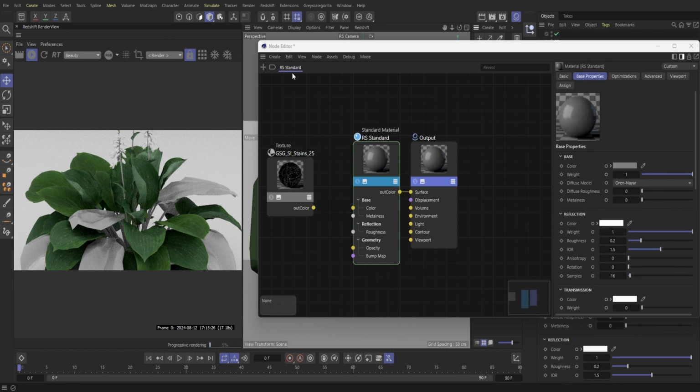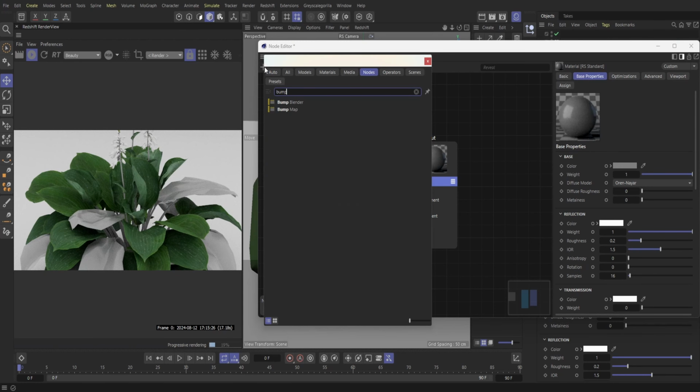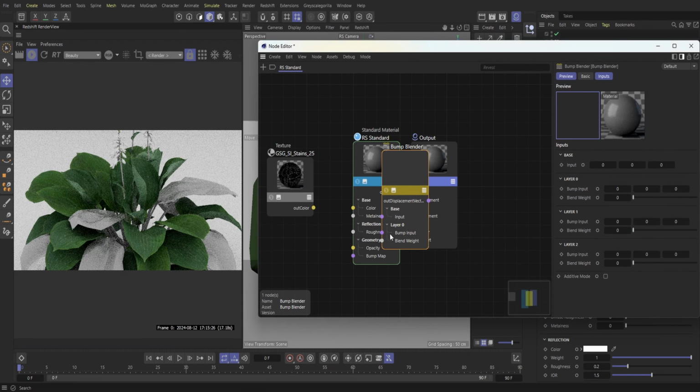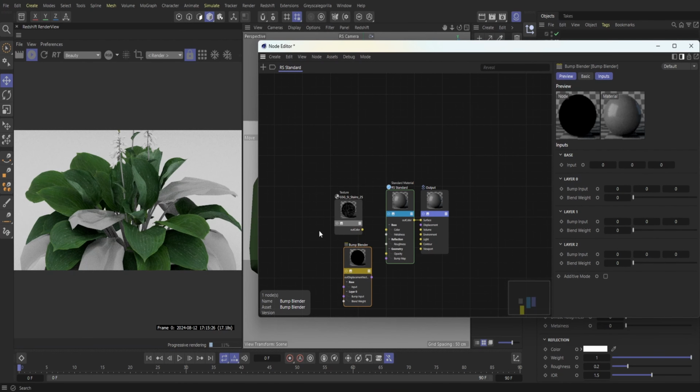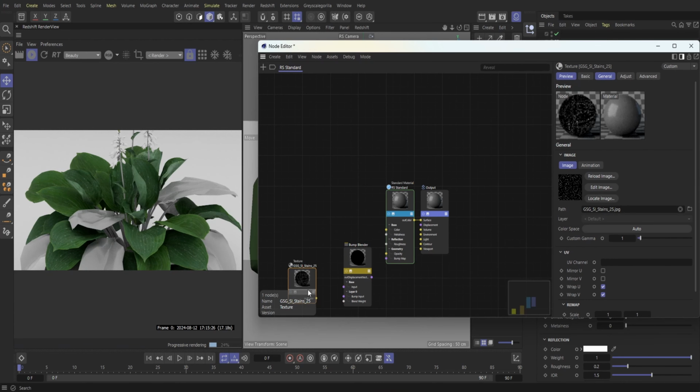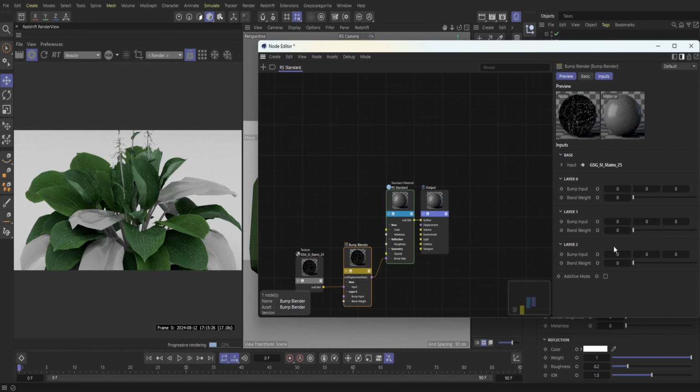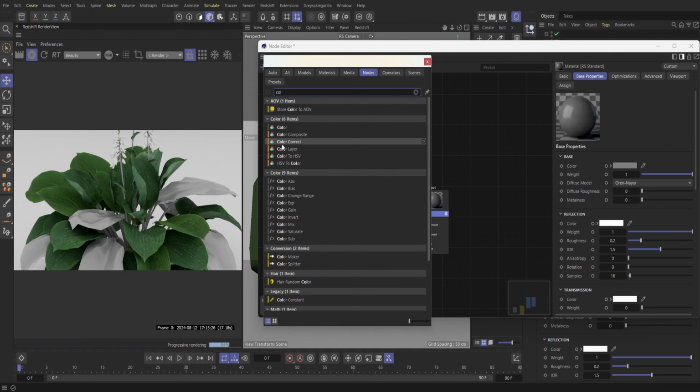I'm going to bring in my bump blender here, and then just move this over, and then I'll plug that in, and then we'll plug this into the bump. And then we're just going to really bump up that blend weight to our layer here. Next up, I'm just going to pull a color layer up,